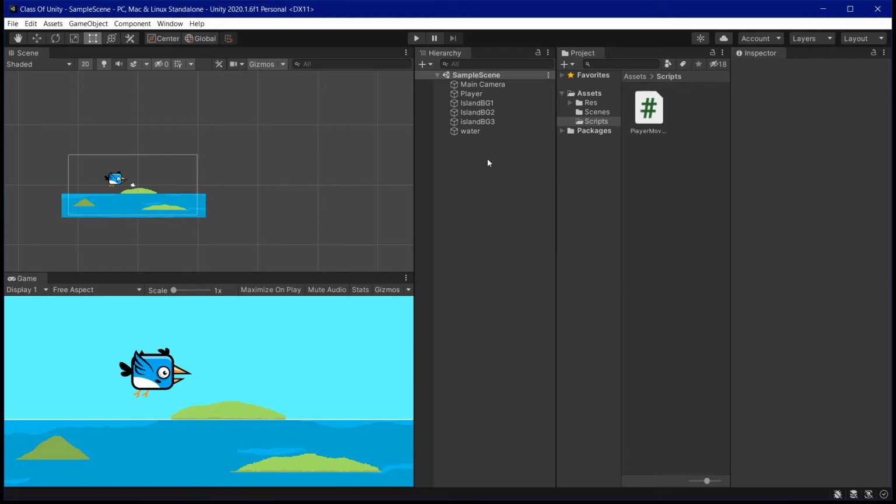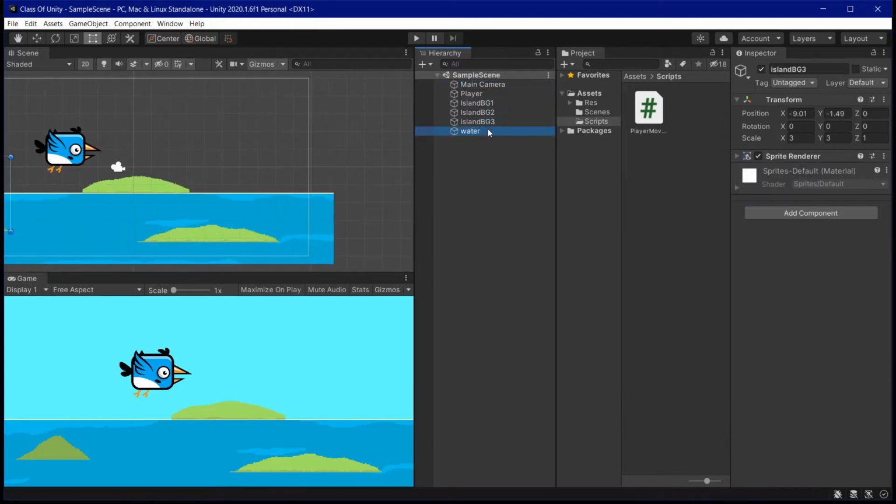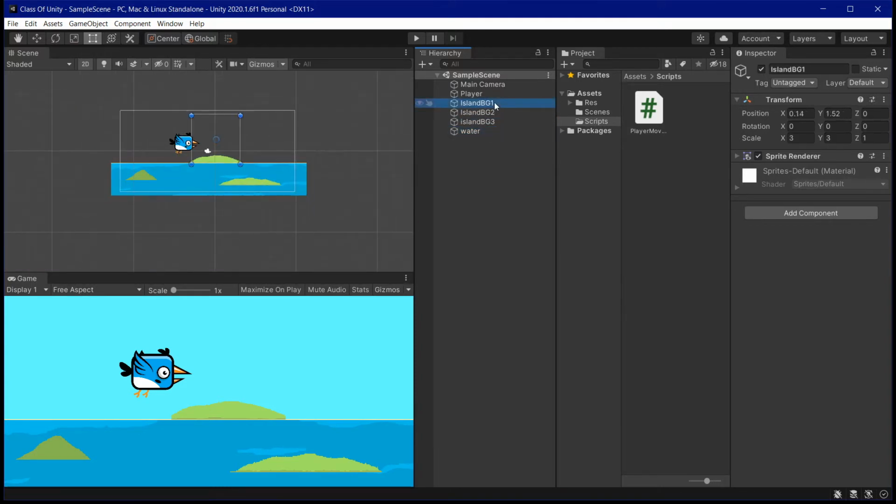The first one is how to make the main camera follow our little bird. We're going to see two different ways of making it. And then the second thing that we're going to see is how to make this island, those three different islands right here and the water, move, so we have a little bit of a feeling of a parallax. Alright, so I'm going to explain later as well what parallax is, but let's start with the movement of the